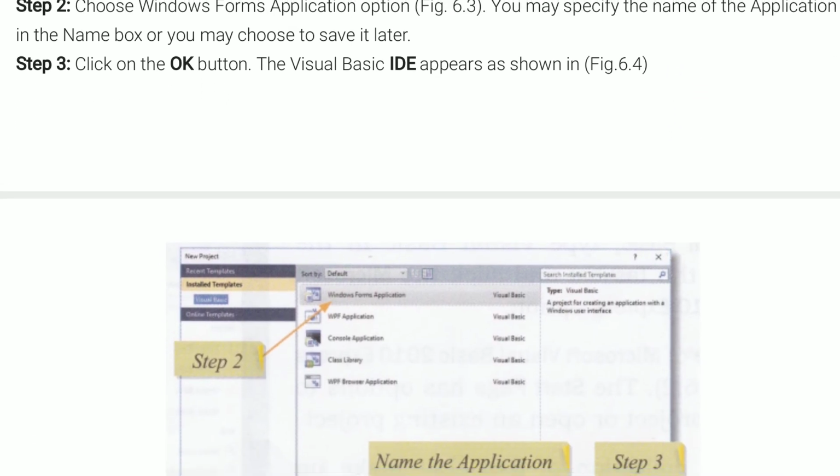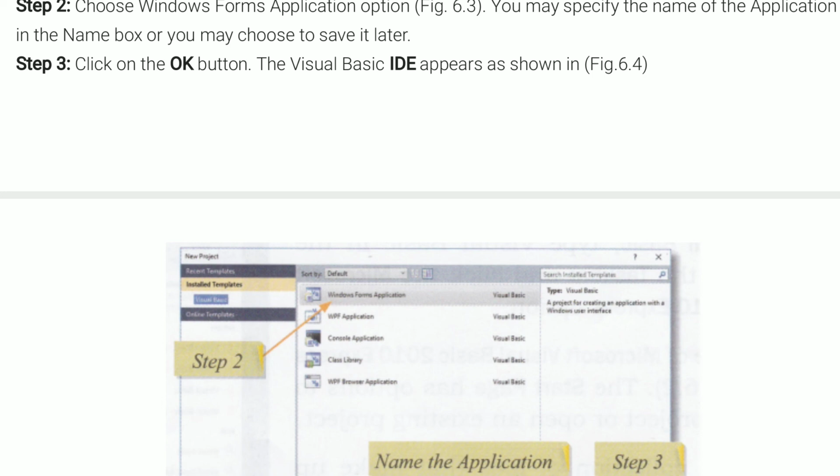In this New Project dialog box, you have to choose what type of project you want to create. As I already explained, you will learn to create a Windows form application, so you will have to choose the Windows form application option as indicated by step 2 in the figure.